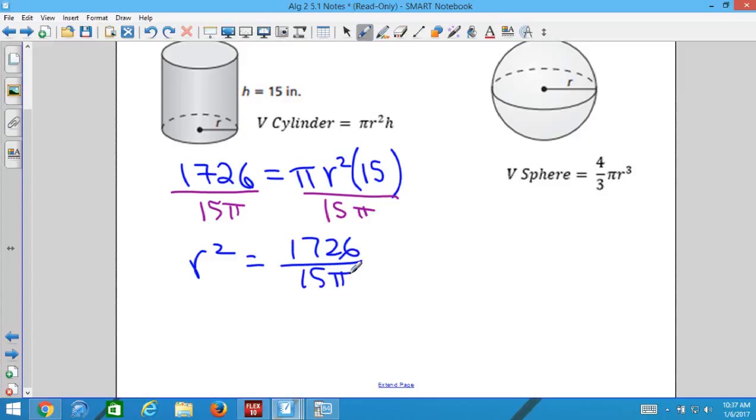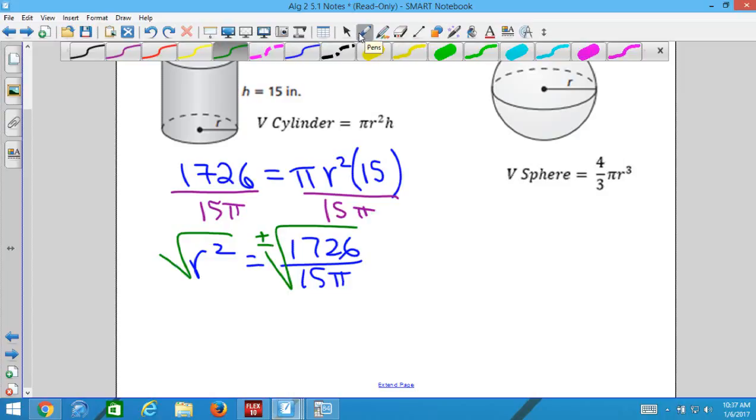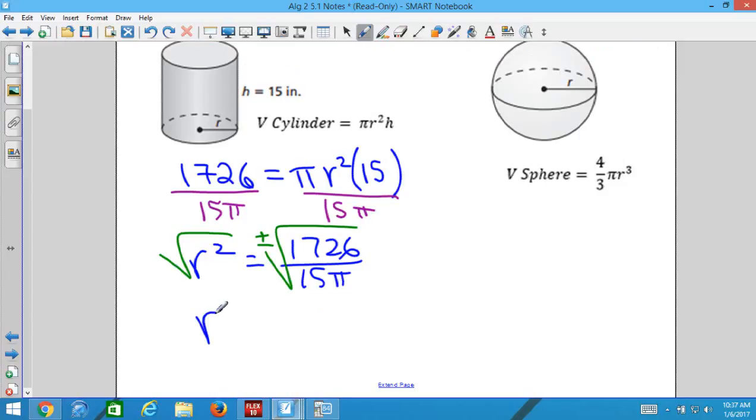Square root. Ooh, but if you do a square root, don't I need something else? Plus or minus? Don't I need a plus or minus? I mean, I guess you do. It's optional. Have I used my calculator yet? No, you haven't. Okay, so I get R is,